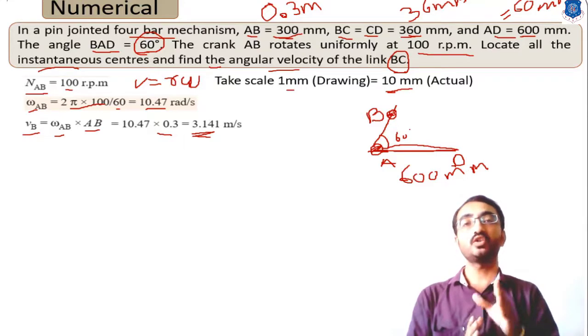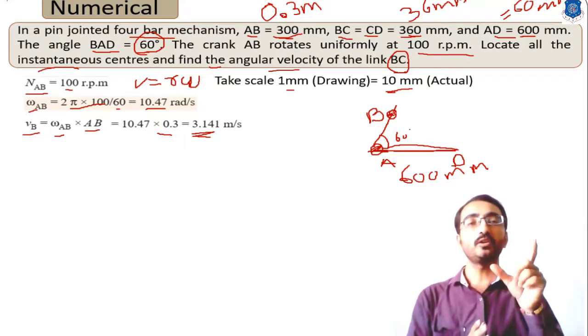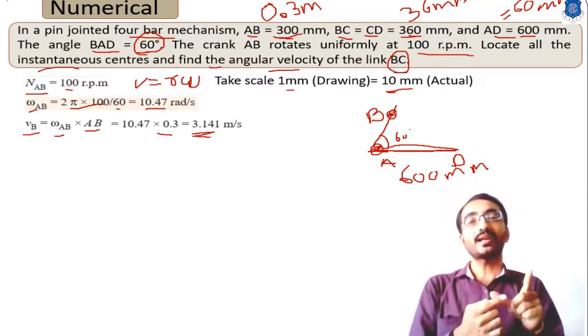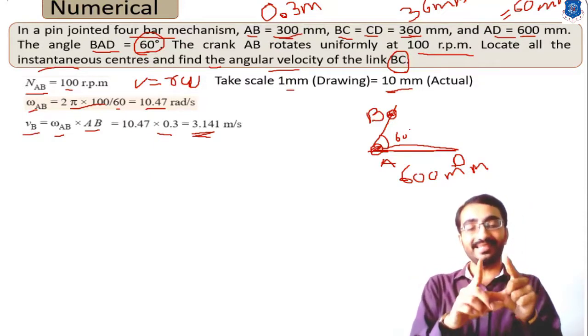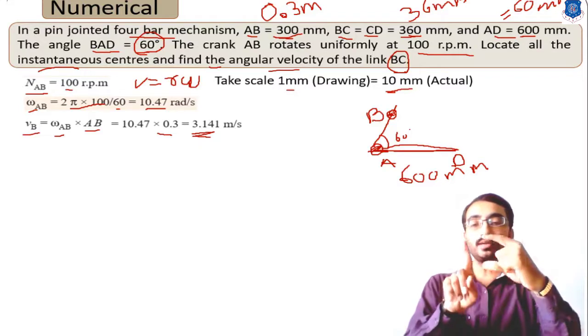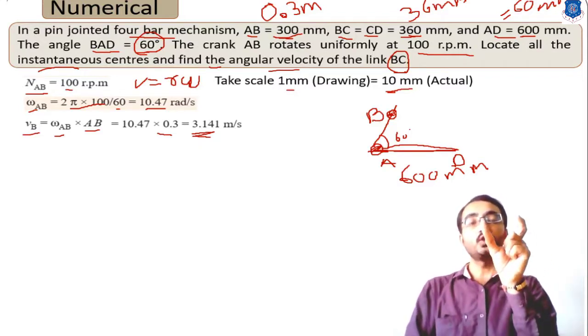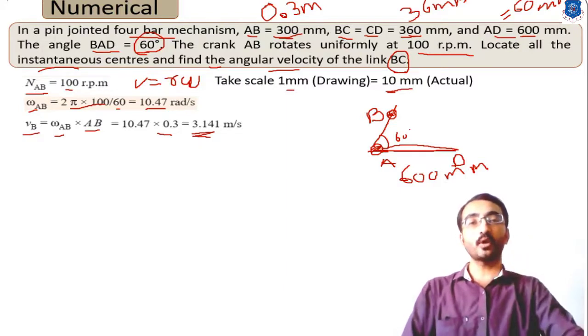So in that case you have to use your protractor, or simply your rounder, and in your rounder you have to take a scale of 36 mm. Okay, so in the rounder you will take a scale of 36 mm, and with this 36 mm scale you will first put your pointer on point B.